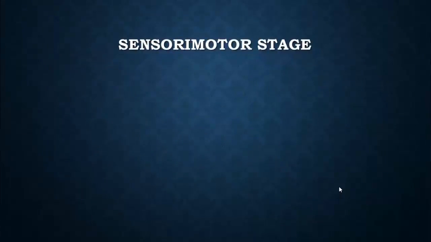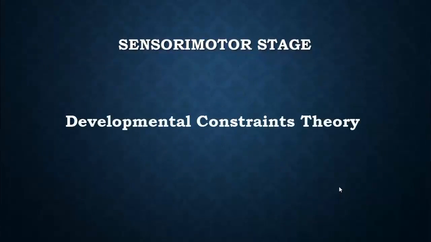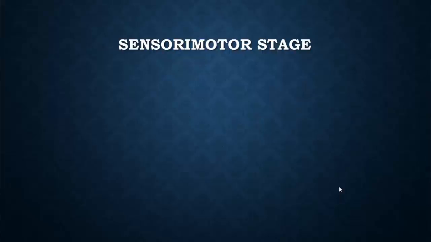Piaget's theory sometimes could also be understood as a type of developmental constraints theory, because in each stage there are something children are able to do, and there are other things they're not able to do. So I think maybe listing those things they can or cannot do can help you better understand the characteristics of each stage. In sensory motor stage, which is from birth to 2, children are able to do some basic reflexes